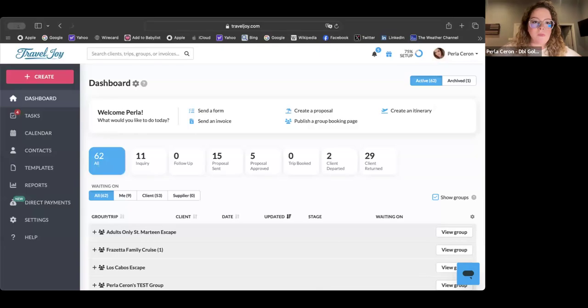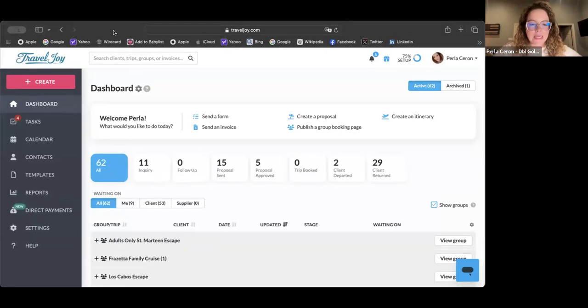So TravelJoy, it's similar. It has very similar features and different things like that compared to Travify, sorry. But it is a little bit different. Okay. So I initially had Travify and now I moved over to TravelJoy. It was just my own personal preference. Just know that there's no right or wrong here. All right. You guys can choose whichever one you like, whichever one is going to give you everything that you're